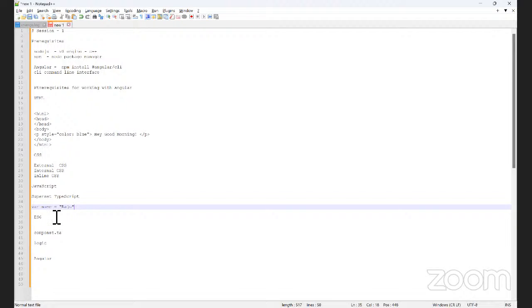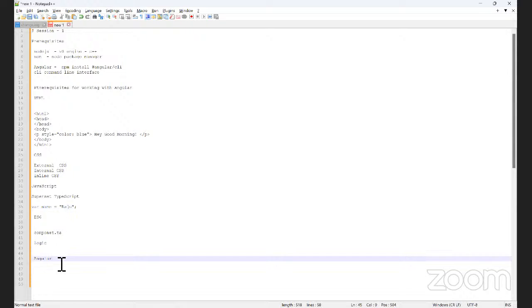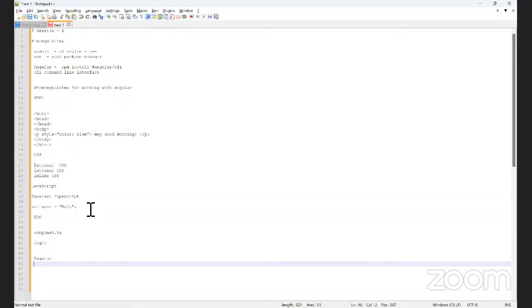We want to display this name in the browser, so how can we display it? TypeScript helps us write some of the logic, but we need to display this logic in the browser. How can these two files interact? For that reason, Angular is the framework that lets us customize our application.